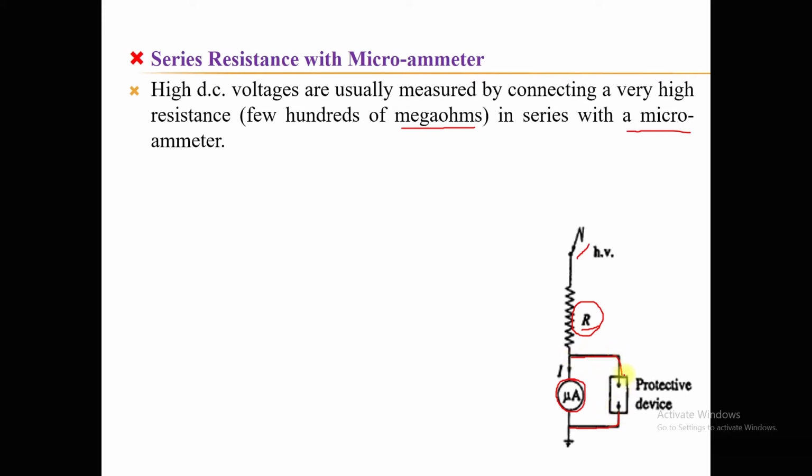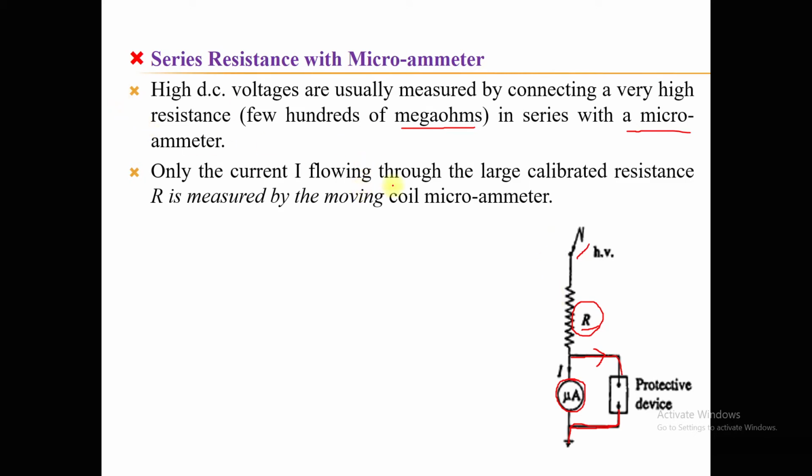As you know, during the abnormal condition, this protecting device offers a zero resistance path, so that the faulty current will change its path and flow through this protective device, and at the end it will be grounded. So this is how it will provide the protection. The protective device is usually connected in parallel with this emitter to have protection against the failure of the resistance during the testing.